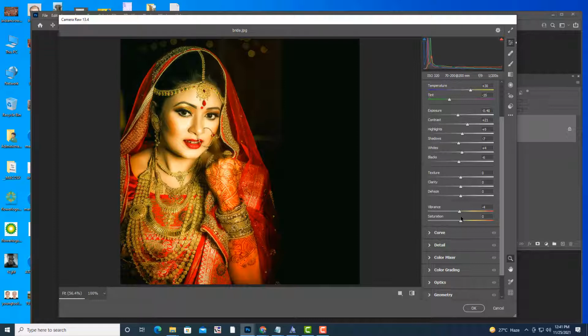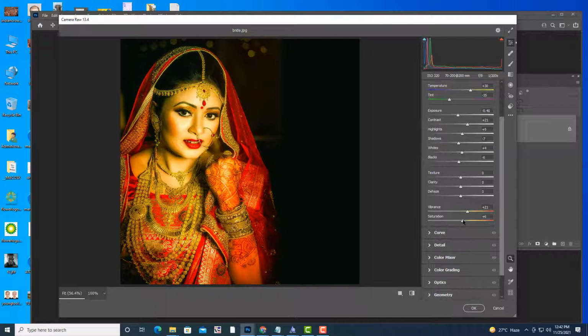We are dark brown. So for that brownish coloring, we have to use vibrance. That is called natural color. And here saturation is there. Saturation makes the color more thick, more dark. You see, the color has become very dark, very thick.